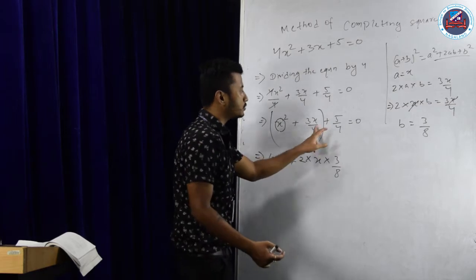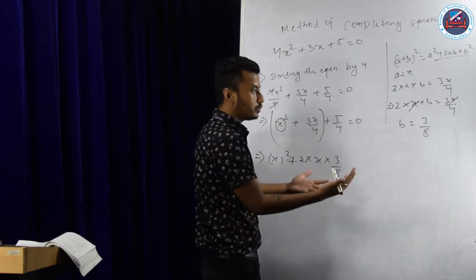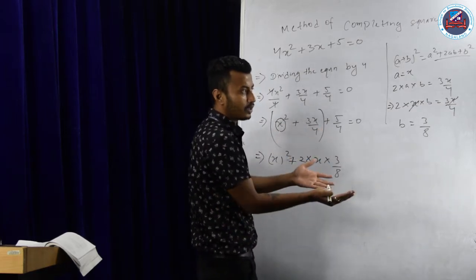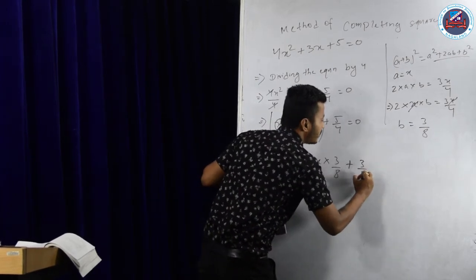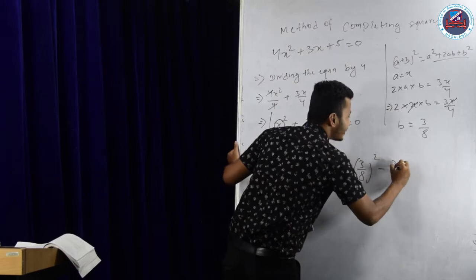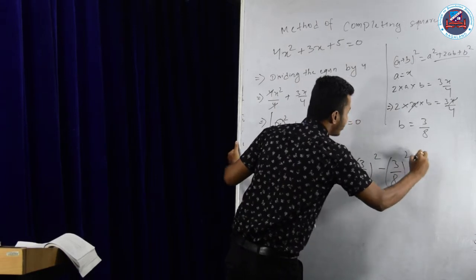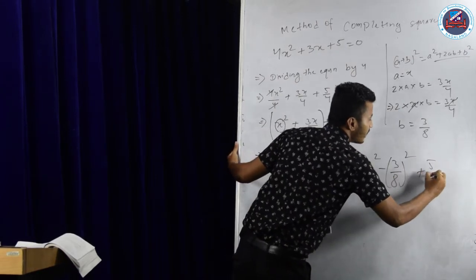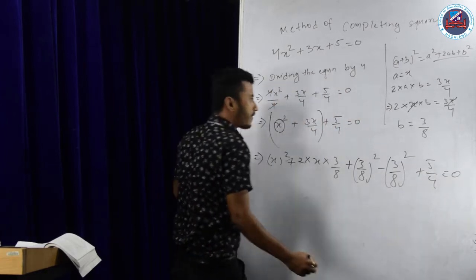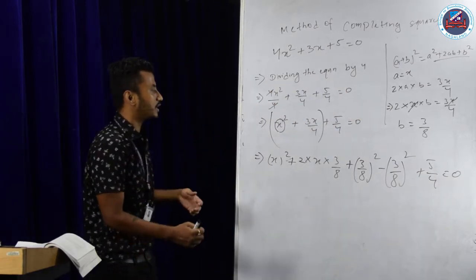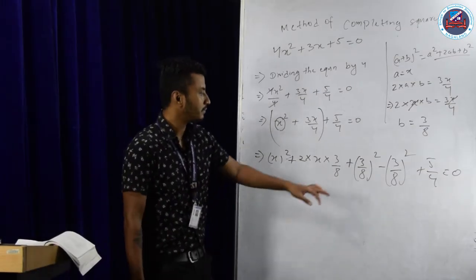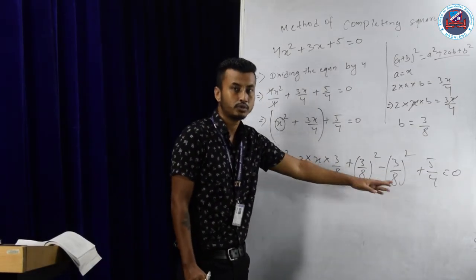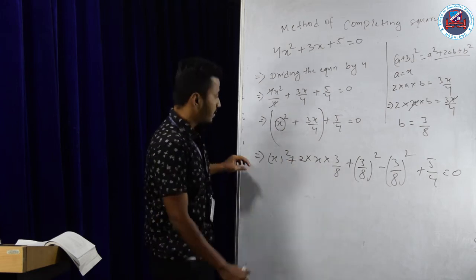See, there is no b square term here, okay? So what I'm going to do, I'm going to bring the b square term forcefully. When I bring this b square term here, that is 3 by 8 whole square, I have to subtract the same from the next part. Why? Because you cannot change an equation. If I'm adding plus 1 to an equation, I have to subtract it with minus 1. After bringing plus b square and minus b square deliberately so as to balance the equation,